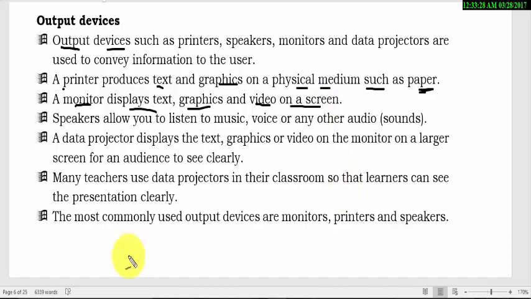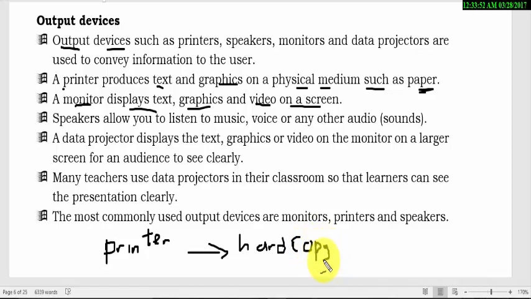Thank you very much. So if you look at the printer there, this is the word printer. Now, a printer produces something we call what? Hard copy. We are able to touch and see. Okay, students, do you understand this one? What we are saying is that a printer produces hard copy. The monitor produces soft copy, because we are able to see, but we are not able to touch.